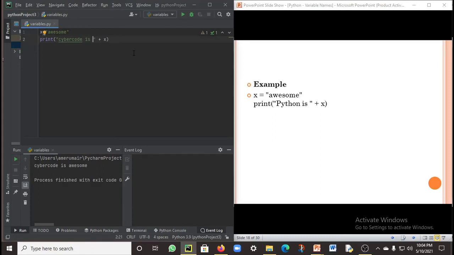Okay, x is equal to awesome. Awesome is stored in x. X is the variable. The value of the variable is awesome, and print "Cybercode is" is in the double quotes plus x. So Python is simply going to print "Cybercode is" plus the value of x, awesome. So the output is going to be Cybercode is awesome.